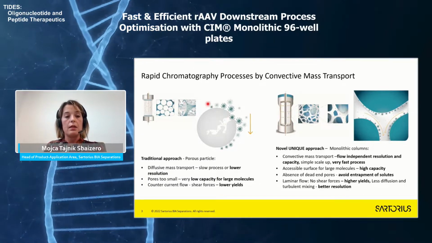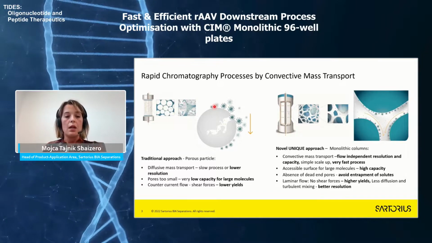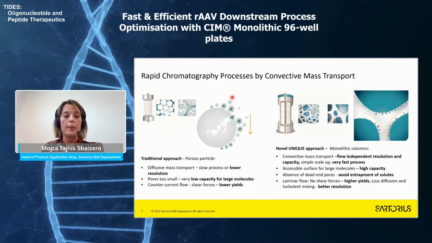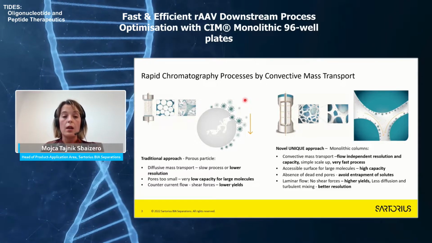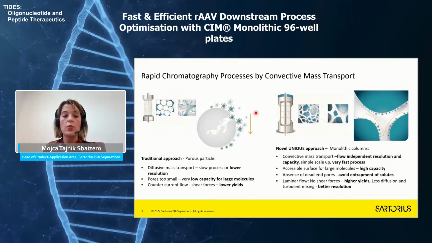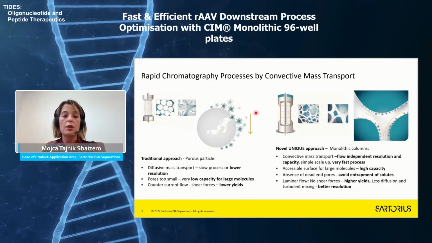This causes very low capacity for large biomolecules, and in beads chromatography it is diffusive mass transport. With our novel monolithic approach, we can imagine something like sponge-like structures